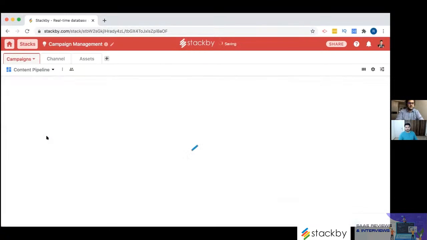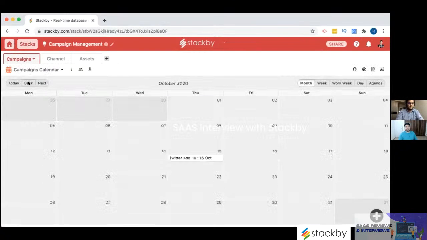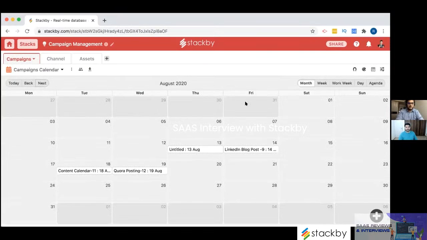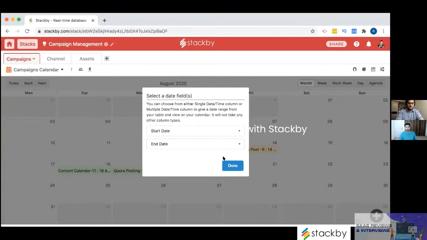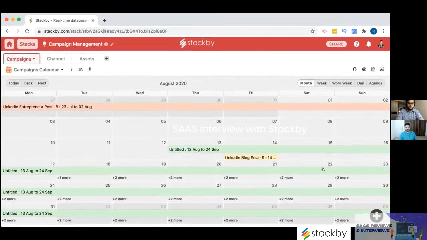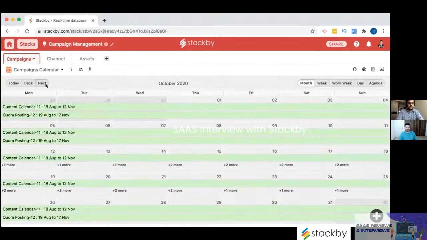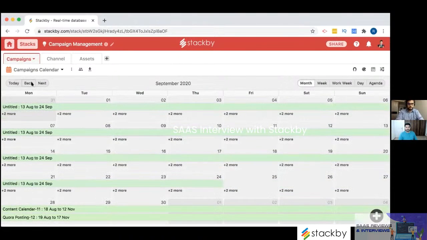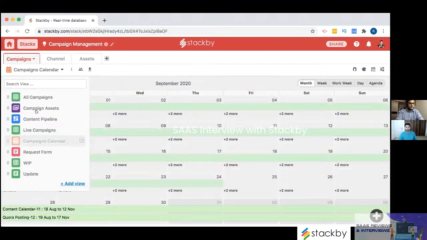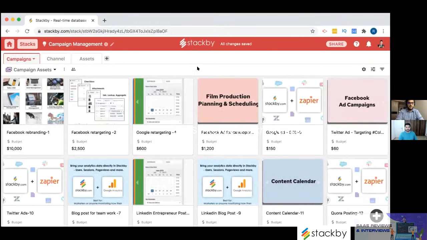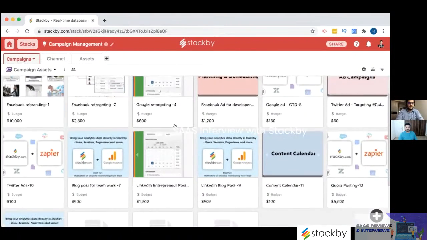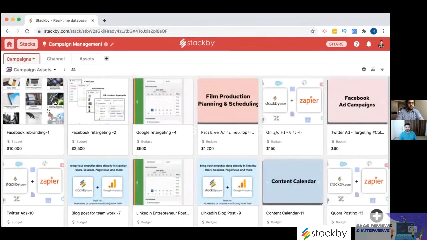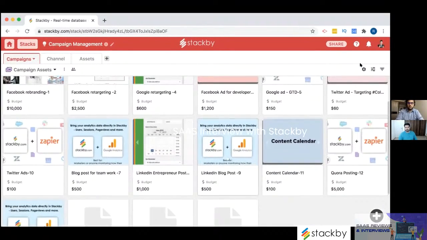You can also see it in a calendar view, where all the records are now in a calendar, and you can color code based on the statuses, or you can add both start date and end date, so you will see them completely in the calendar. Similarly, you can also see it in a gallery view, where all your records become cards in a gallery. So you can easily move it around, or add a filter here and so on.